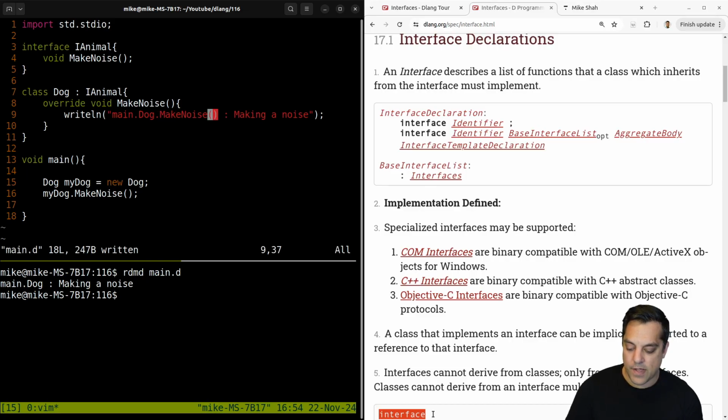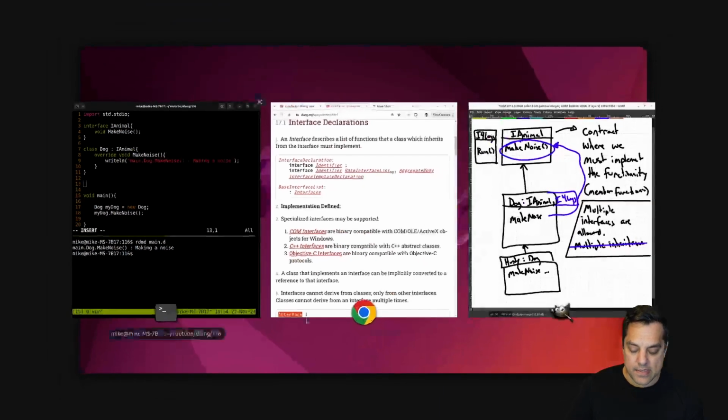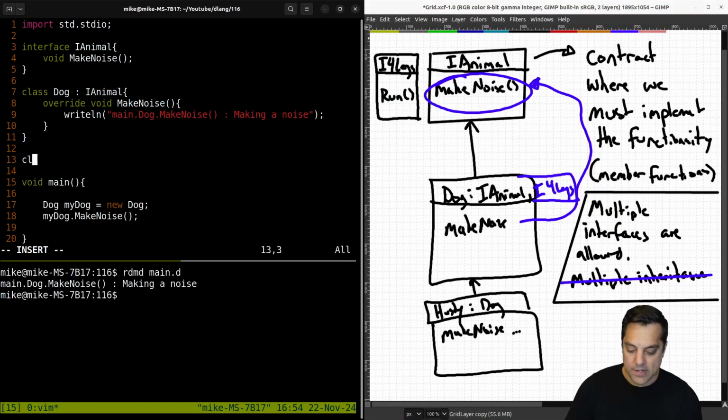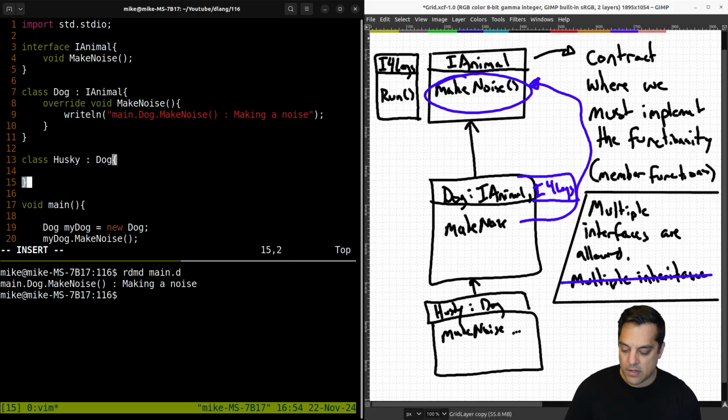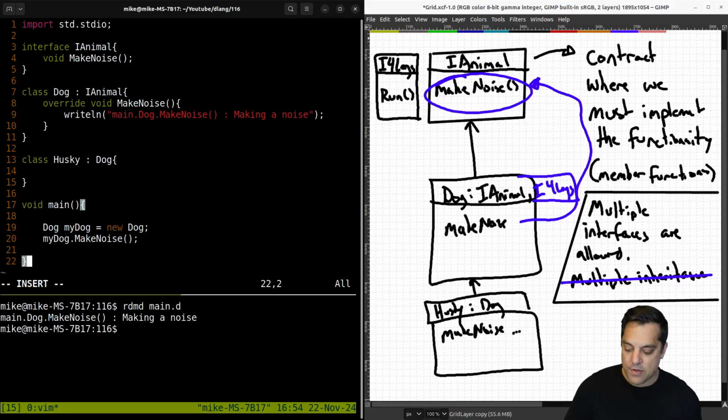main.dog.make noise. Okay. So let's go ahead and show the example that we drew out here. Let's create another class here, Husky, which will implement from dog. And let's make a new Husky here, or pick your favorite